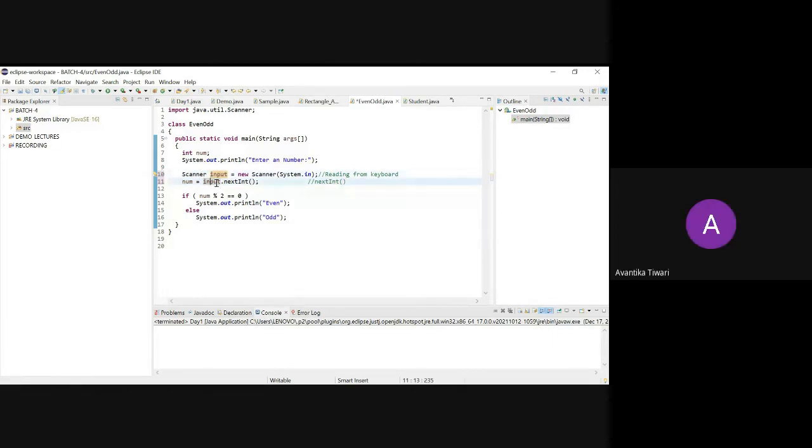So I will write input.nextInt. What will the nextInt method do? This method will read whatever value the user enters from the keyboard and set it in this variable num. This is how we take input from the user.